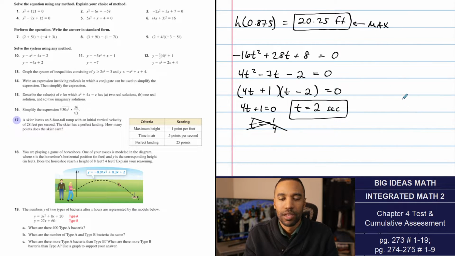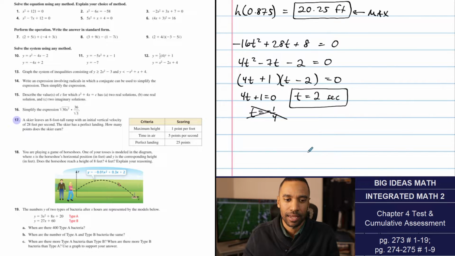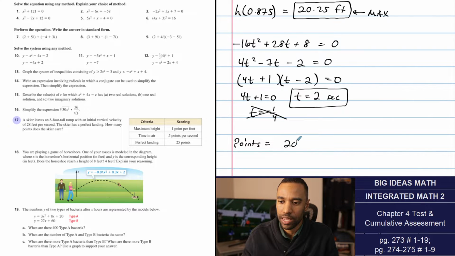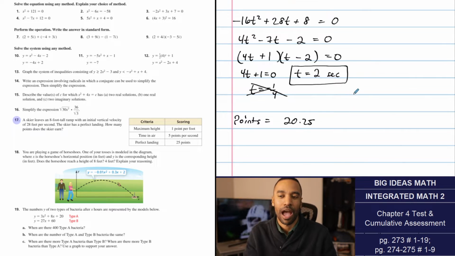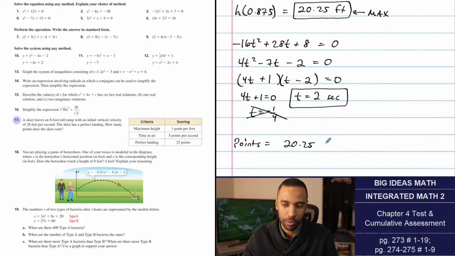Okay. To get the answer of how many points the skier earns, it's 1 point per foot in the air. So they get points, total amount. You'll get 20.25. I wanted to use units, but it's 20.25 feet times 1 point per foot, so 20.25,